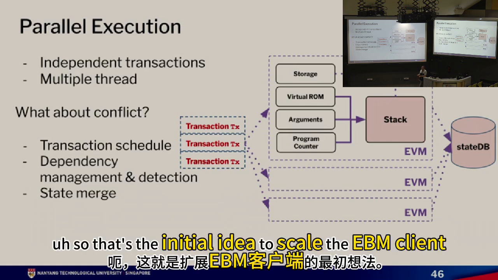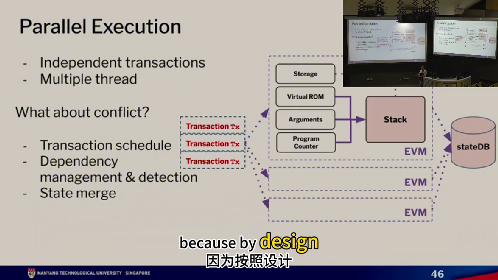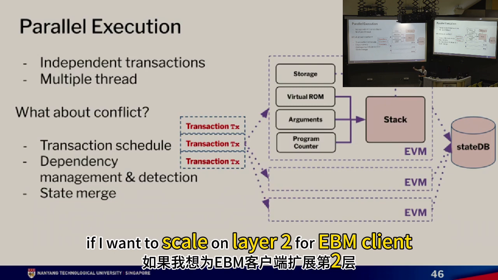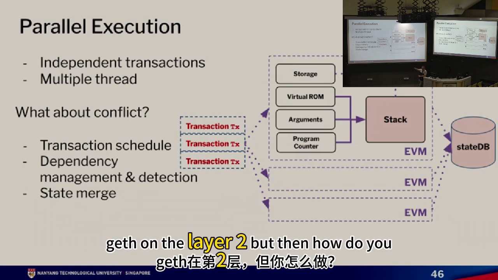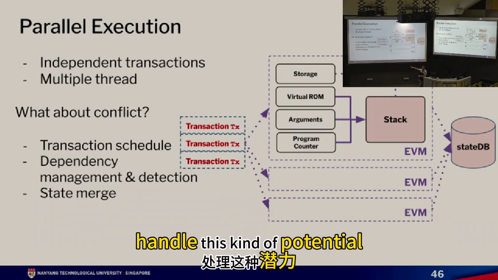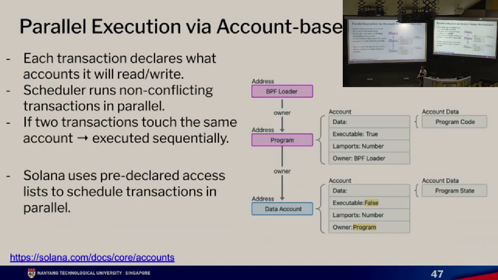So that's the initial idea to scale the EVM client, but there is this difficulty, right? Because by design, if I want to scale on layer 2 for the EVM client, I can just use RETH and GETH on layer 2, but then how do you handle this kind of potential state conflict? So that's where